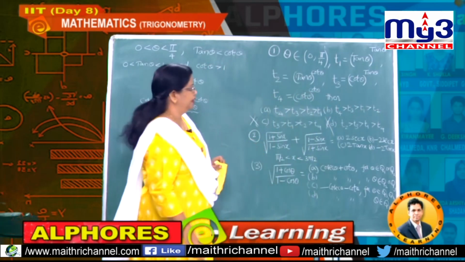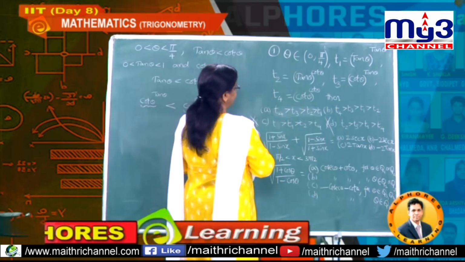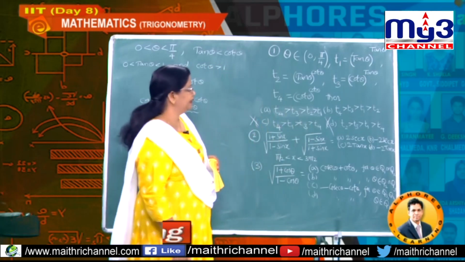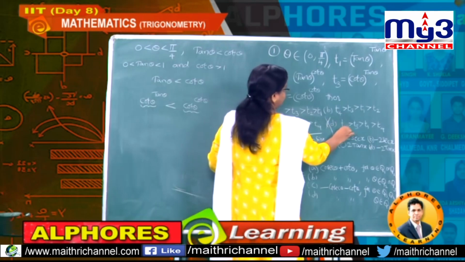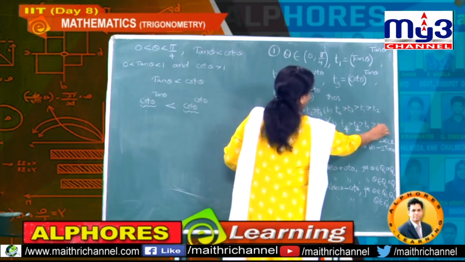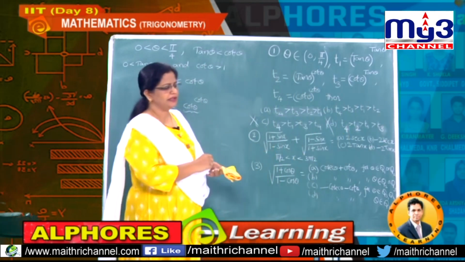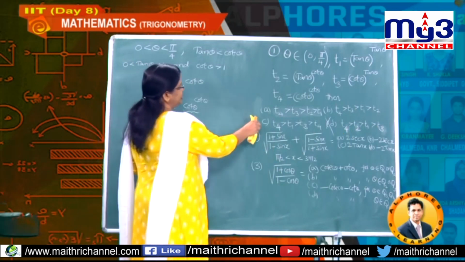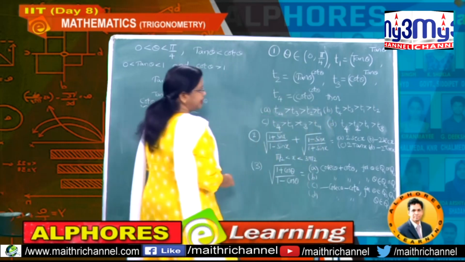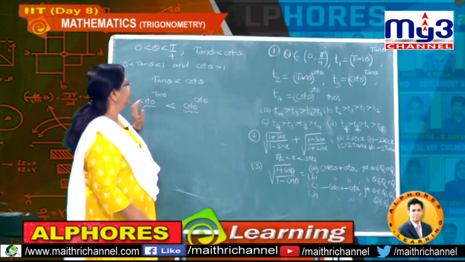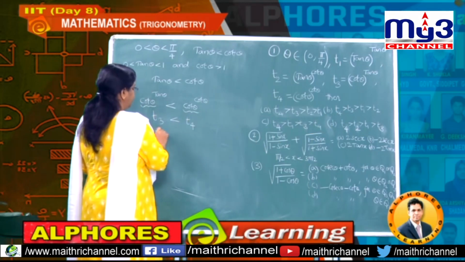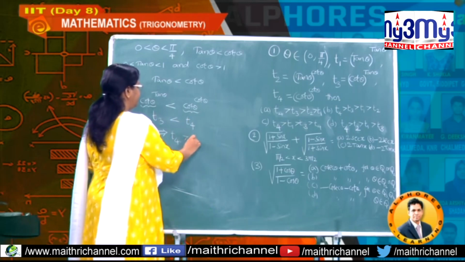Understand students? And for the next one, here I start with T4 and somewhere here I will write T3. Understand? And here also I will take this as T4, and here I will write this one as T2 and this one as T3. Got it students? So how did you get all these four options now? Just observe, everywhere you got T4 as greater than how much? T3. This is our which value? T3, and this is less than T4. That implies T4 greater than T3.